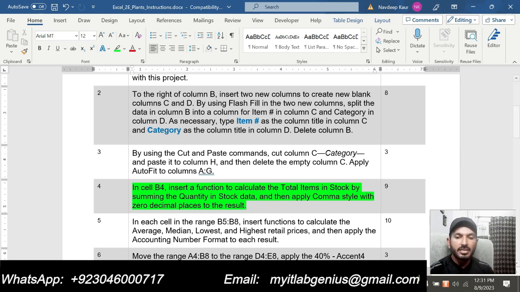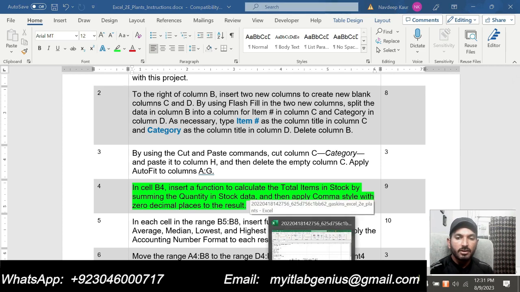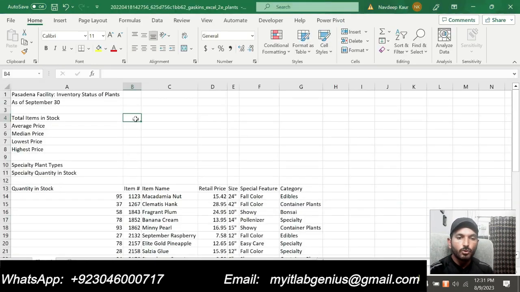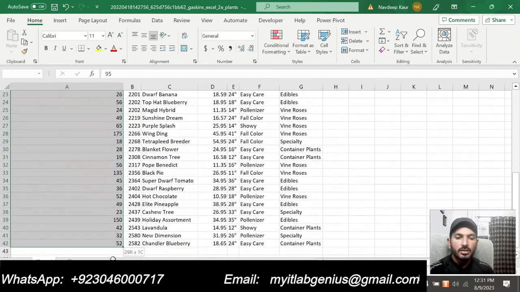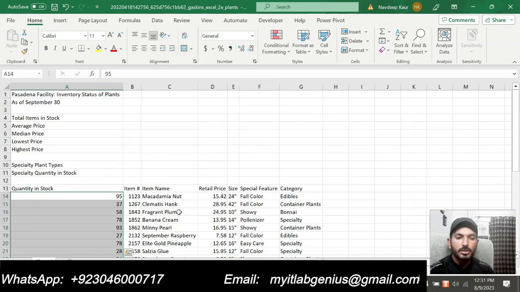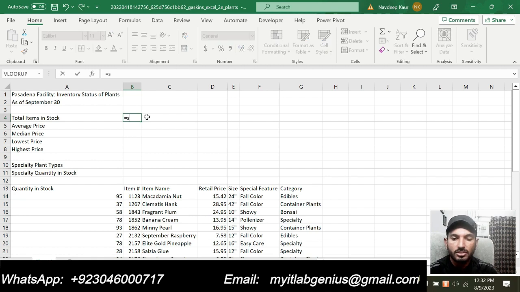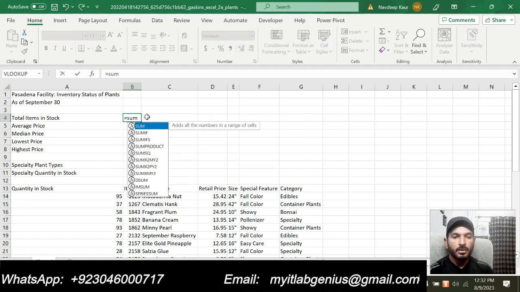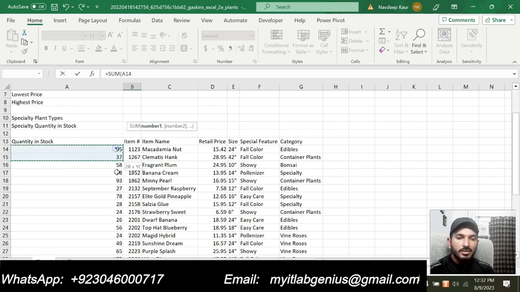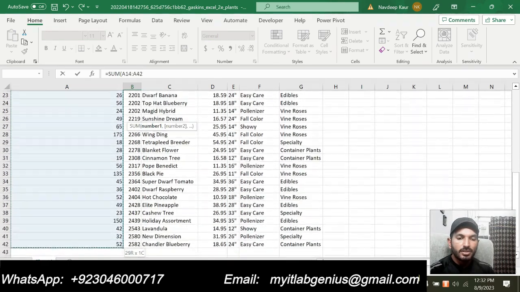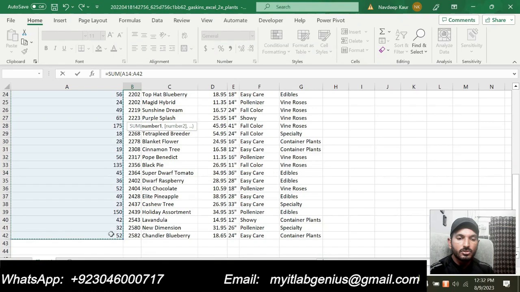So basically it is saying that we will use a sum function in cell B4 to sum the total quantity that is given in column A. So we are supposed to calculate the total items in the stock. We will use the sum function for this one, and total items in the stock will be this range. We will add this range, and we will get the result for the total items in the stock,